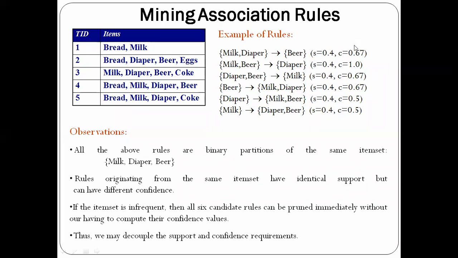And now the confidence is sigma of x union y divided by sigma of x. If you calculate that, it is going to vary here, because in the denominator we will be having sigma of x, and in the numerator we will be having sigma of x union y, which will be the same. The numerator will be the same, but the denominator is going to vary for the confidence calculation. So we will be having different values here for confidence.